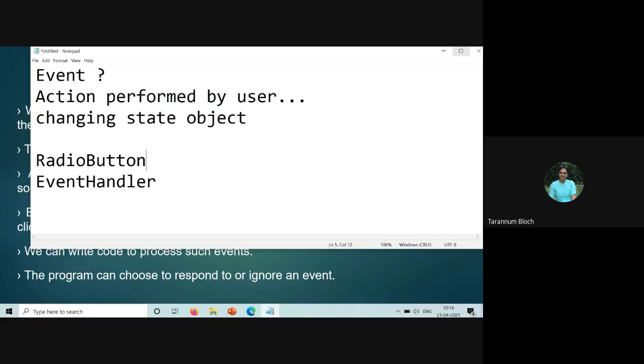So when I say event driven programming, it means that you are going to write the code for the events which are happening on the user side, right? Event driven programming is like the event being performed by the user side. User is doing some click or user is typing some text.